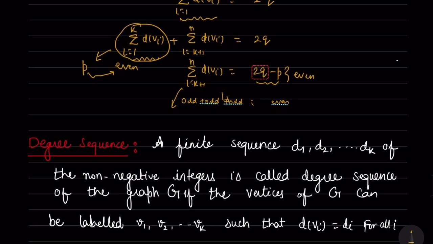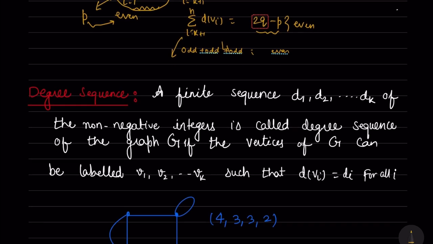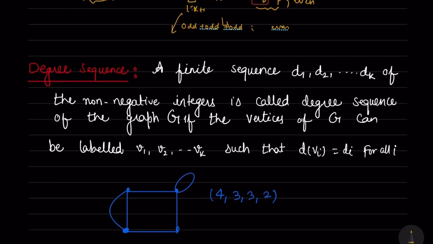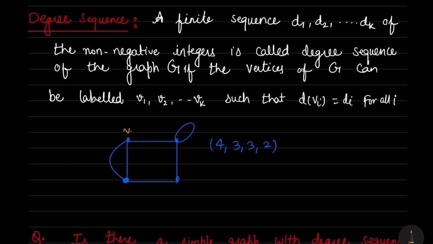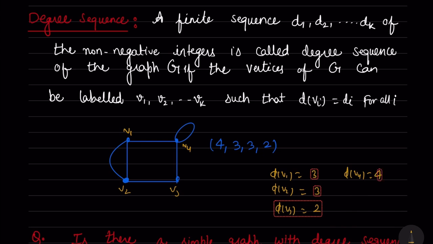Okay, so the next concept is related to the degree sequence. A finite sequence d1, d2, up to dk of non-negative integers is called a degree sequence of the graph G if the vertices of G can be labeled as v1, v2, up to vk such that degree of vi equals di. Let us suppose that we have a graph with vertices v1, v2, v3, v4. So degree of v1 is 3, degree of v2 is 3, degree of v3 is 2, and degree of v4 is 4,